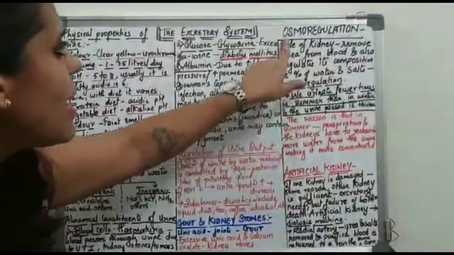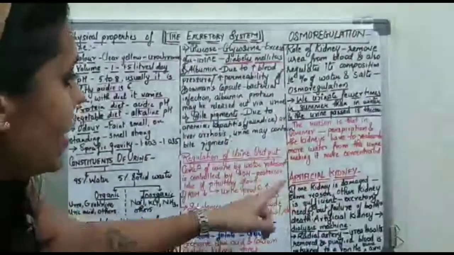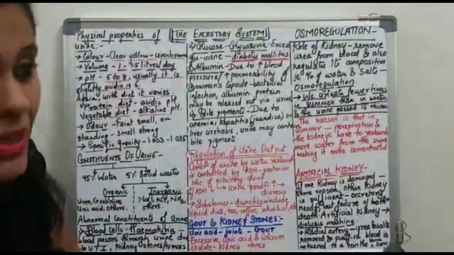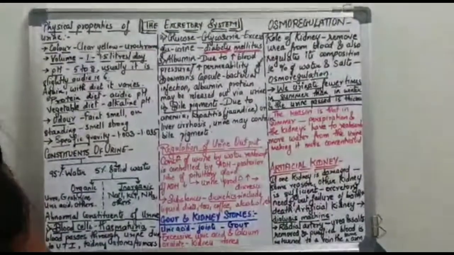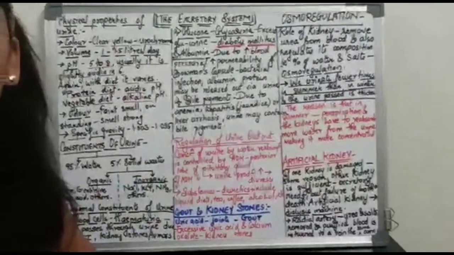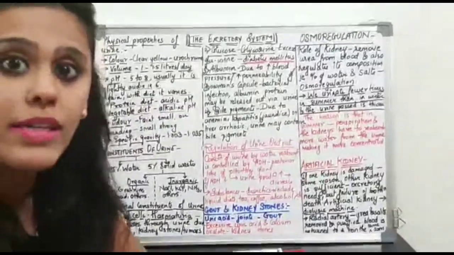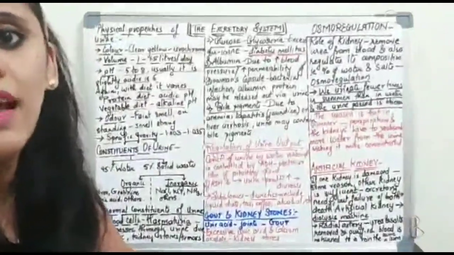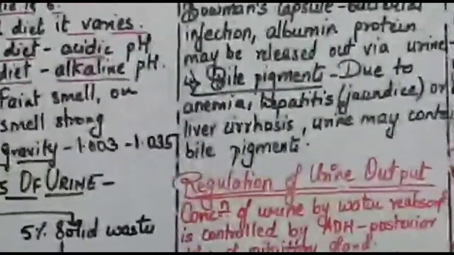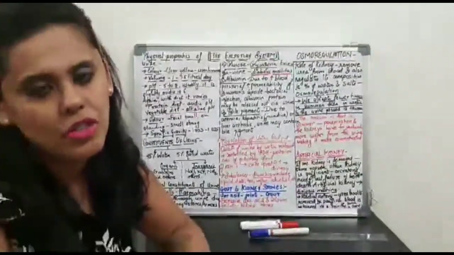We also have to study about osmoregulation, which is also one of the important functions of urine. And lastly, we have to study about something called artificial kidney. That means if one kidney fails, no doubt, by God's grace, we are given the second one, which can help us through the problem of excretion. But what if both the kidneys fail? How is a person going to manage life? The life can still be managed with the help of artificial kidney.